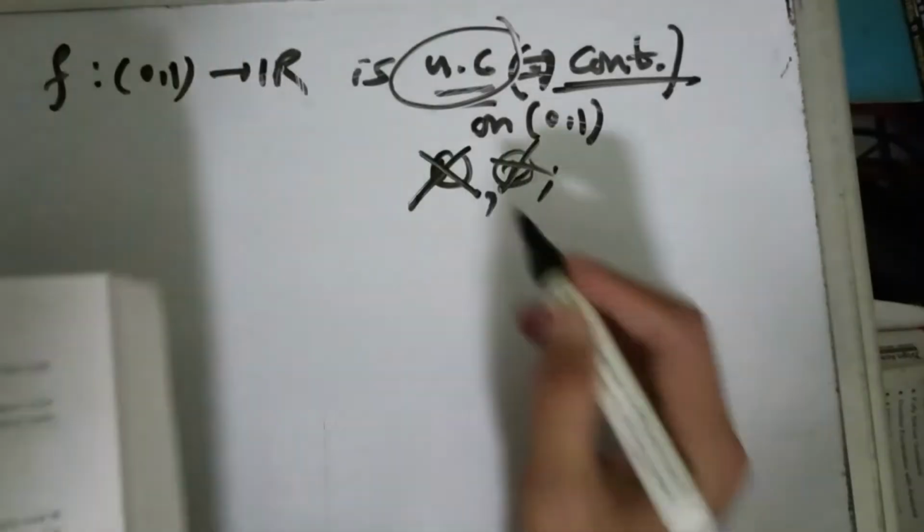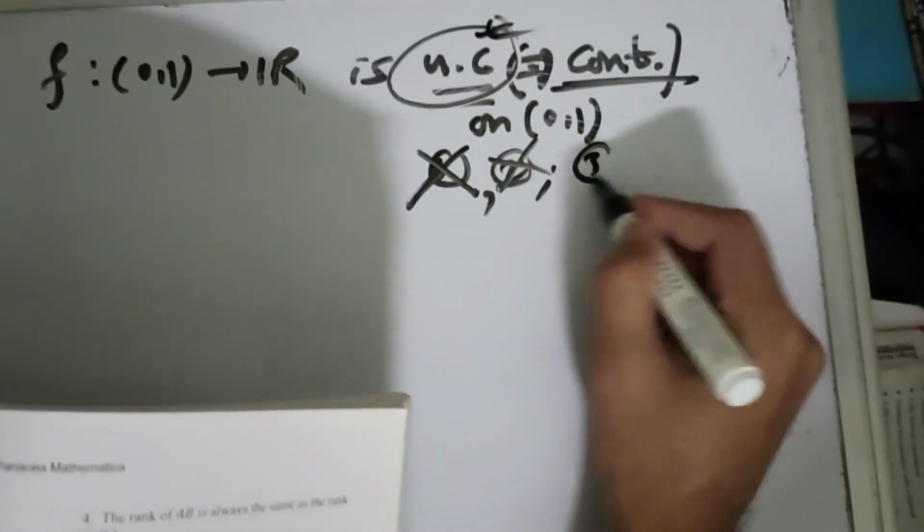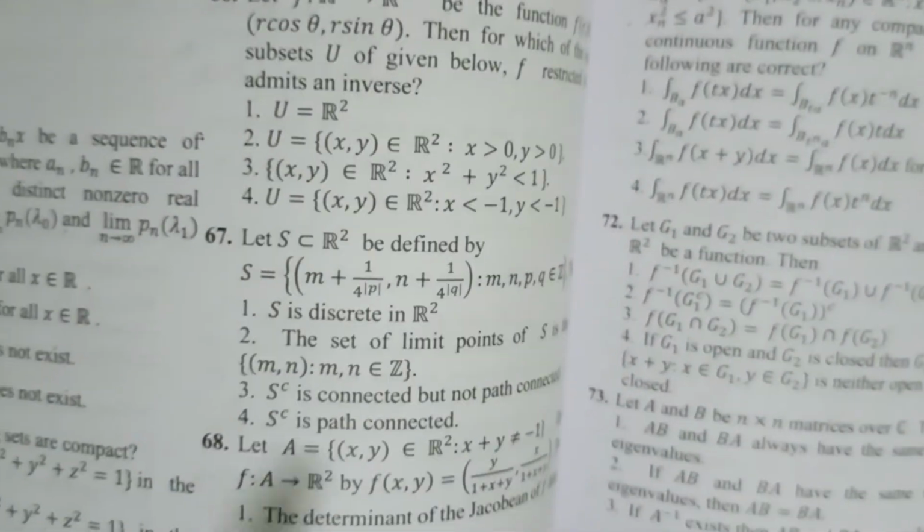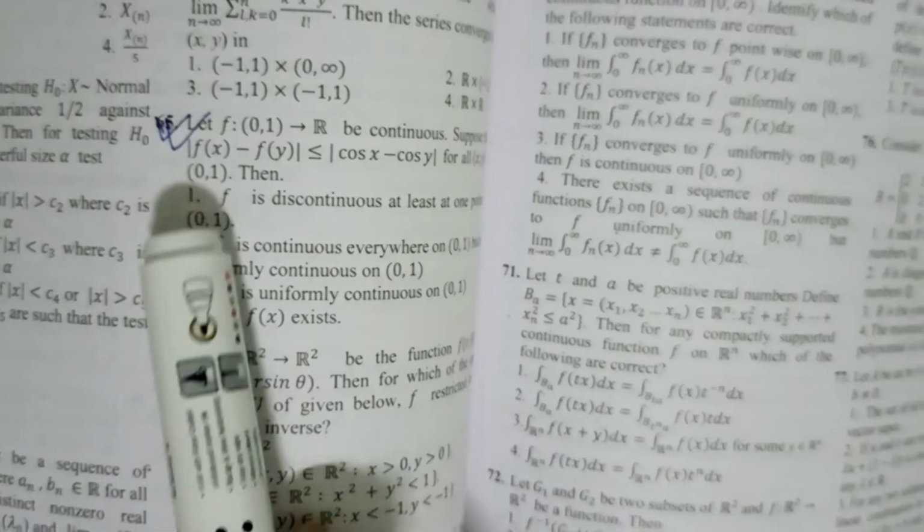So it is right. I proved that f is uniformly continuous. Okay, so option 3 is right. Option 4: limit x to 0 of f(x) exists. Okay, limit x to 0 of f(x) exists. Now